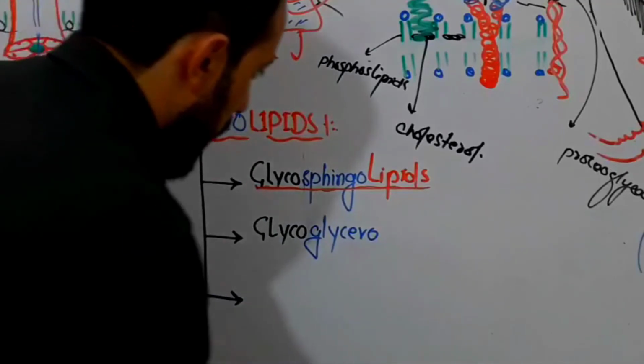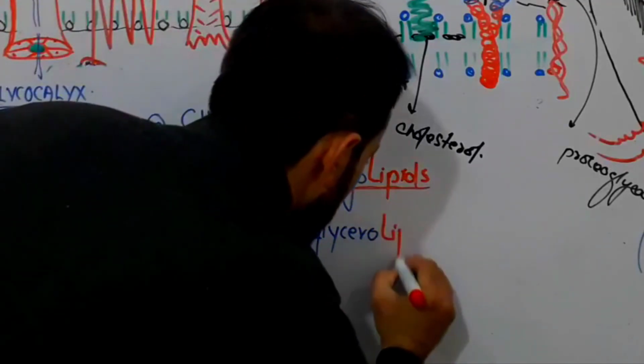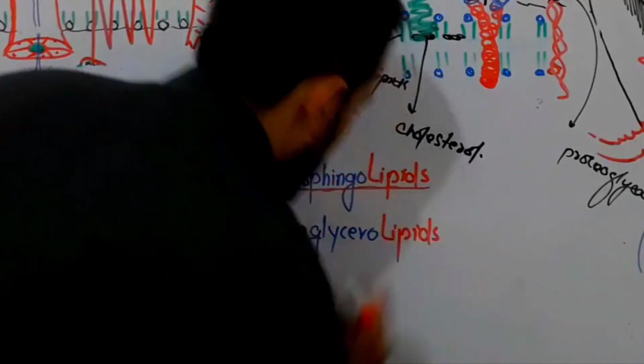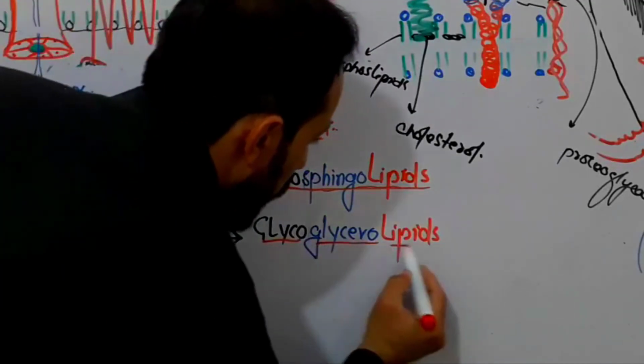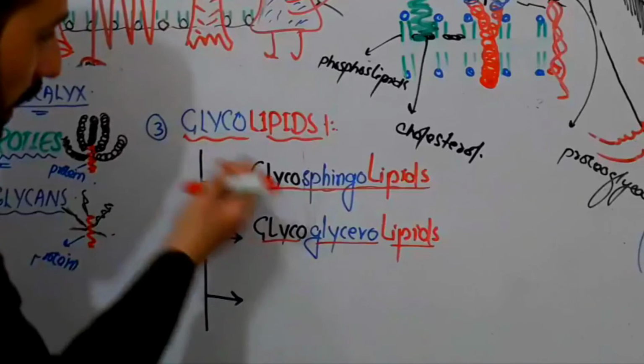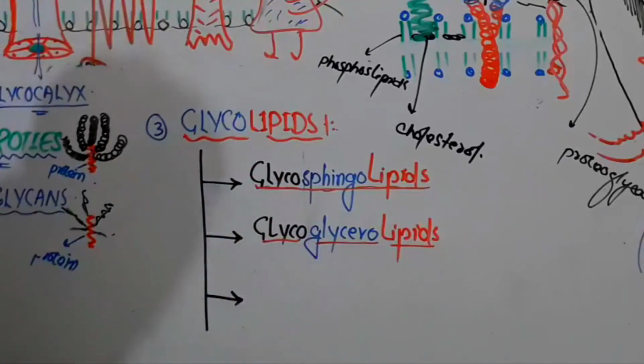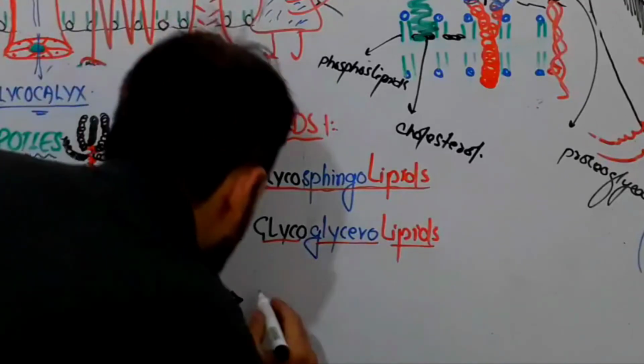Glycoglycerolipids are the glycolipids which are present in the cell membrane. And then the third one may be